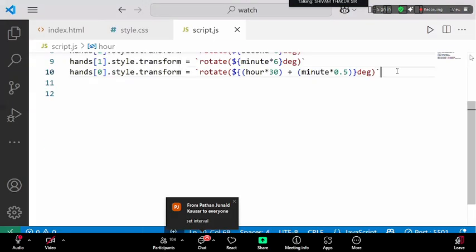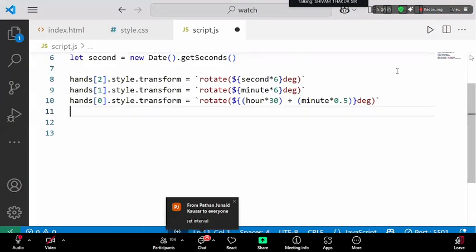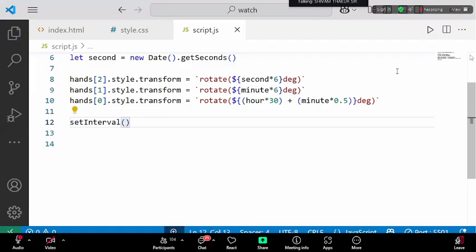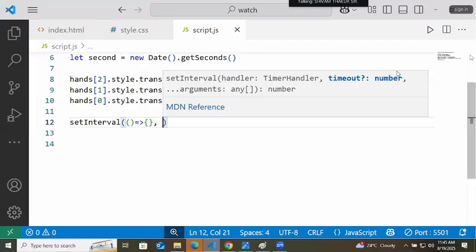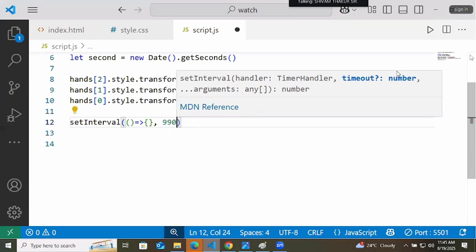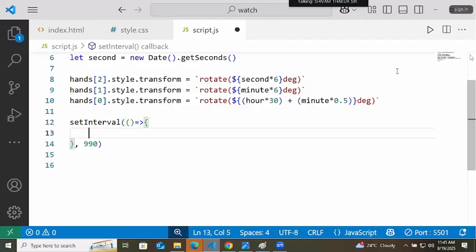It takes two things: first a callback function, so I will create an arrow function, and second the time in milliseconds. You want the clock to run after 990 milliseconds. Generally it should be 999, because the internet can be slow and all that. 990 we will give.